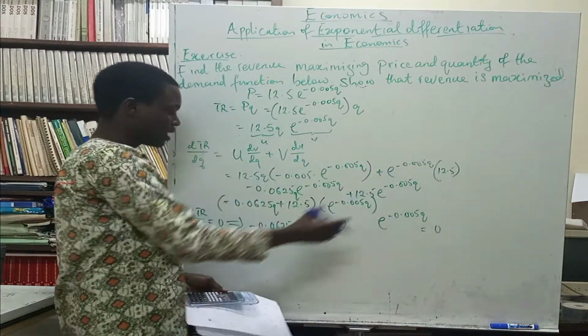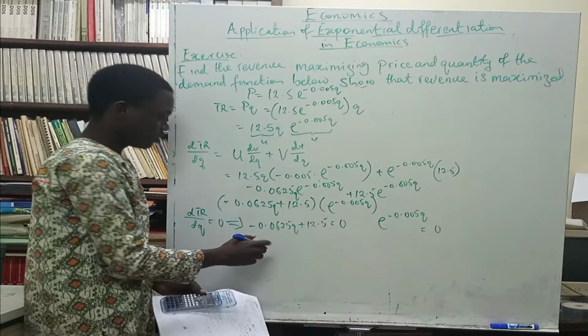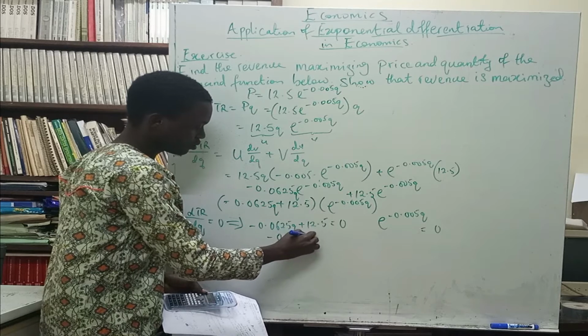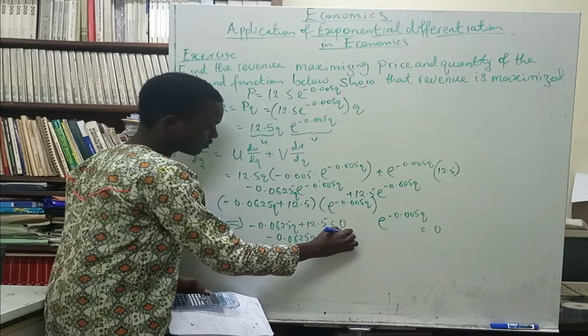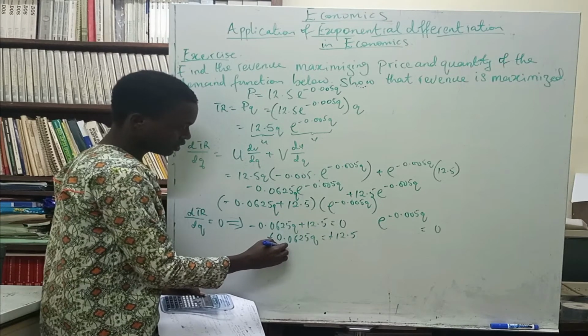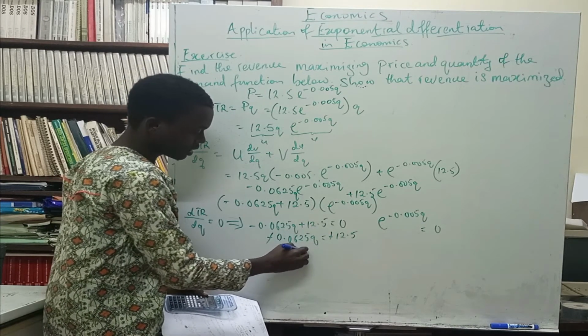So we just forget it and we focus on this person. So here we'll be having minus 0.0625 Q equals minus 12.5. So we divide through, first minus cancels minus, then we have Q equals